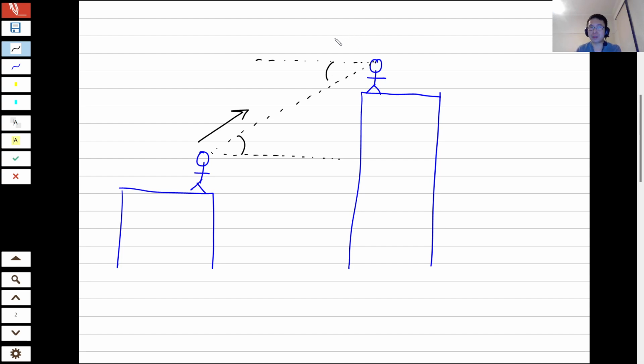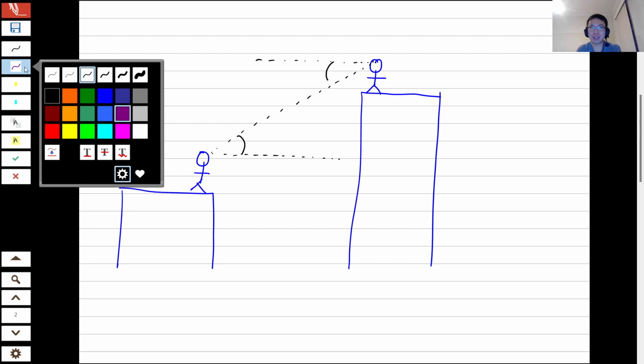Conversely, we could have someone who is higher up looking down at the lower person. And if I draw this diagram with horizontal lines for the eye level of each person, and a line joining one person to the other,